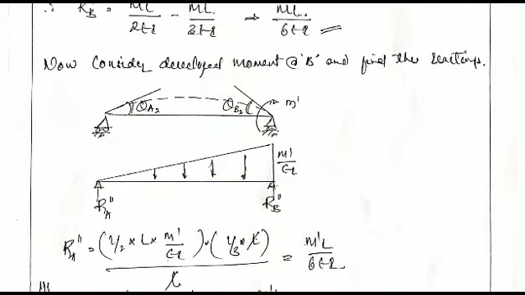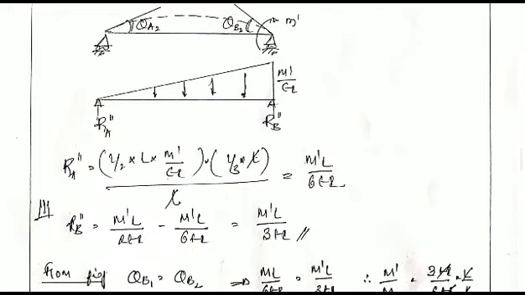So from this we know that let RA dash be the reaction at A and RB dash be the reaction at B, and we know that due to the applied moment M dash at B point, we get M dash by EI as the bending moment diagram. So to know the value of the rotation at A and B, that is theta A2 and theta B2, we need to find the support reactions at these 2 points, that is RA dash and RB dash. RA dash equals theta A2 and RB dash equals theta B2.